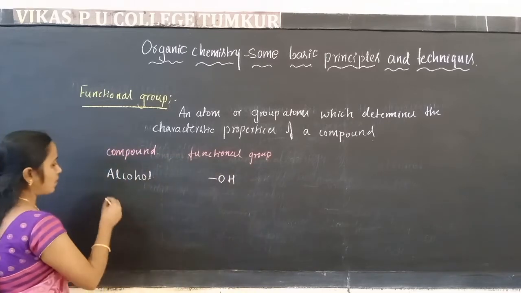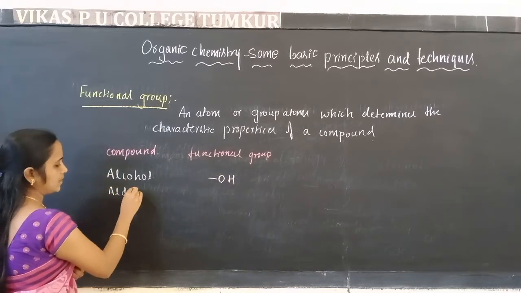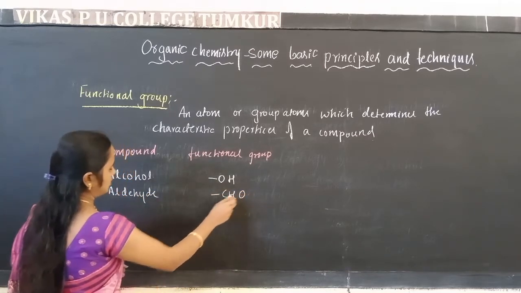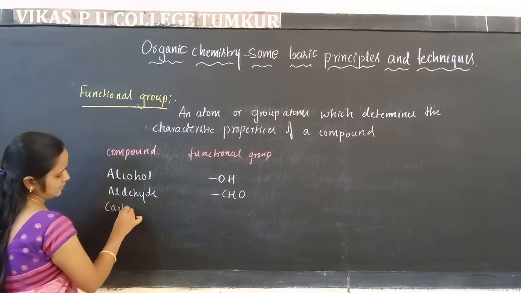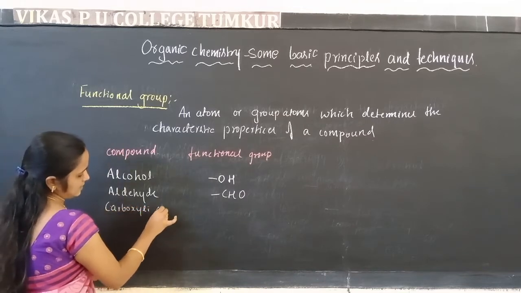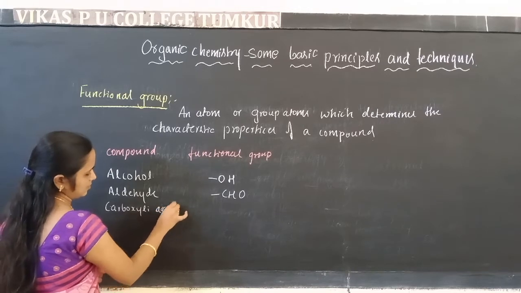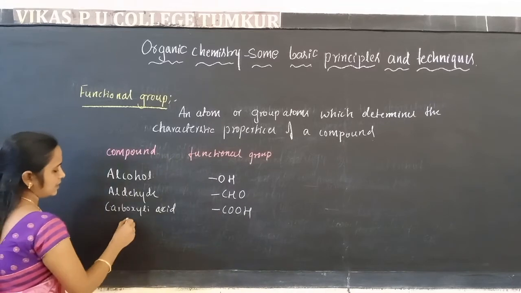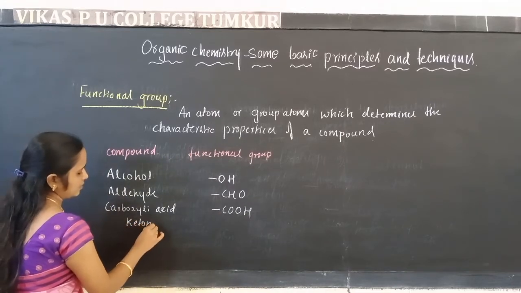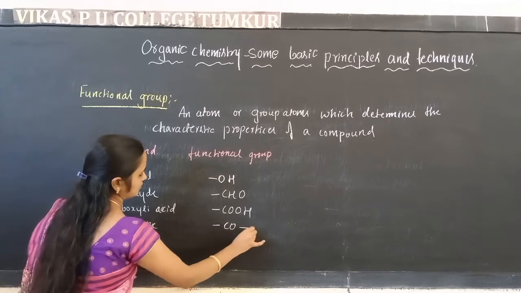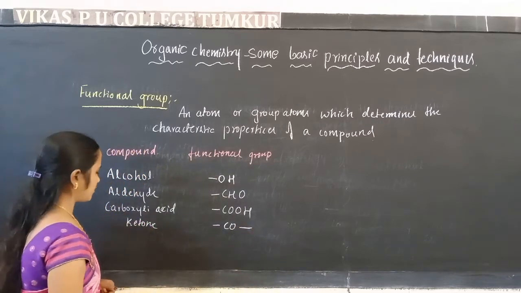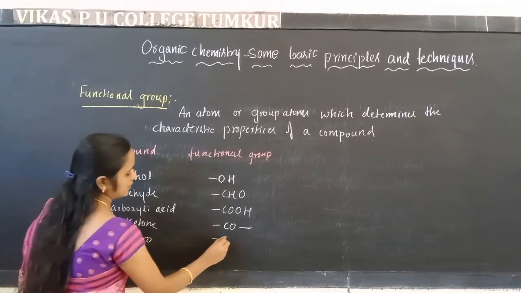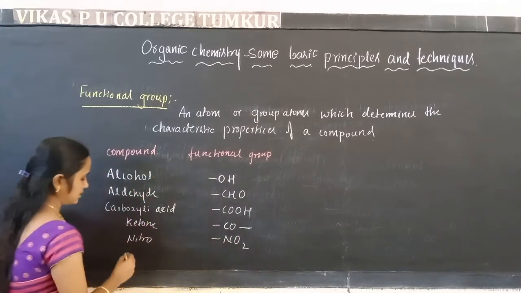Next, aldehydes, the functional group is CHO. Then carboxylic acid, it is COOH. Then ketone. For the ketone, the functional group is CO. Then nitro group, NO2. Then cyanide,